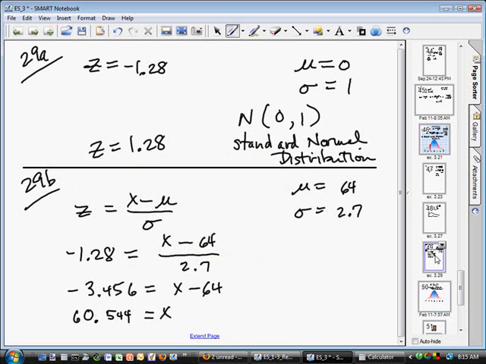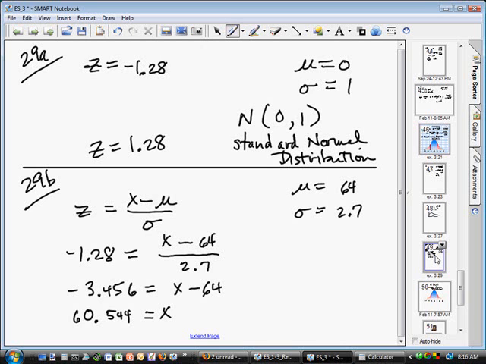Okay. Then, oh yeah, deciles. So we had to look up in the table, where do you find 10% below? So in the table, try to find as close as you can to 10%. And this is what I came up with. You want to just check it. So let's try to find a readout of 0.1000. As close as you can get. And I believe it's negative 1.28, isn't it? Yeah. So there's your 10%